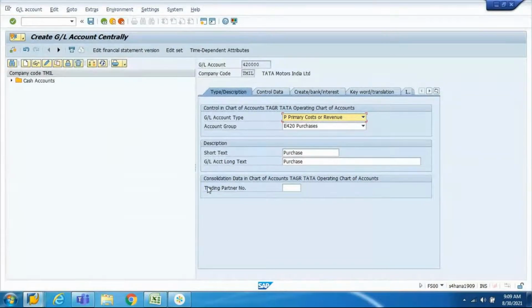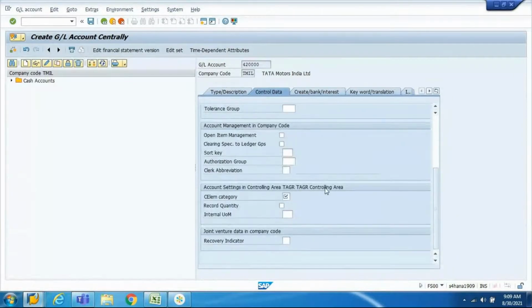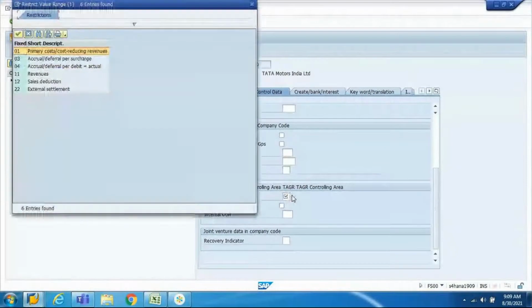Now, if I put primary cost element under control data, whatever you get here, you will have to look at the cost element category. What categories are coming? It is 1, 3, 4, 11, 12, 22. Correct?